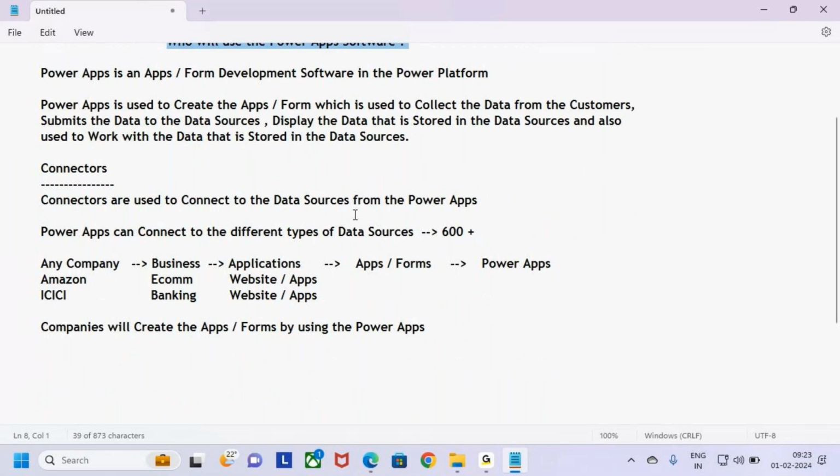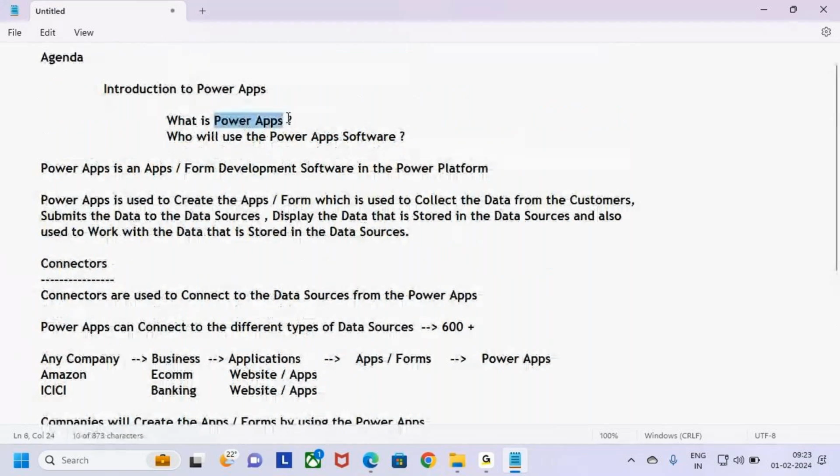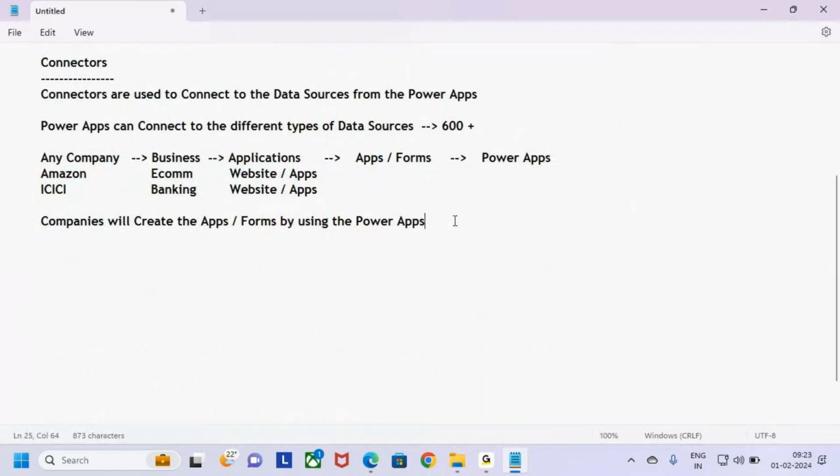The next point you need to understand is how we need to create the apps within Power Apps. There are different ways you can create apps in Power Apps. Let me keep here the types of apps, or types of Power Apps. There are different types of apps you can create within Power Apps. One is Canvas apps. Second is